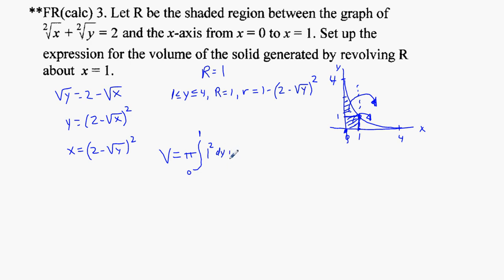And then we have plus this little sliver here, pi times the integral from 1 to 4 of big R, so 1 squared, minus